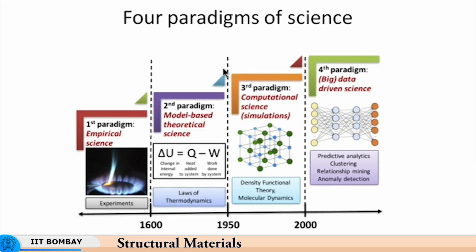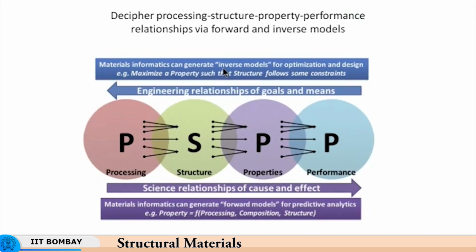Now, if we do not use informatics, meaning if we do not use machine learning and these types of fast methods, we will not be able to achieve the final goal in a very short period of time. So, the idea here is to speed up this material discovery. Material discovery using these 4 steps will anyway happen, but it will take a long time unless we use the tools pertaining to the data in material informatics.